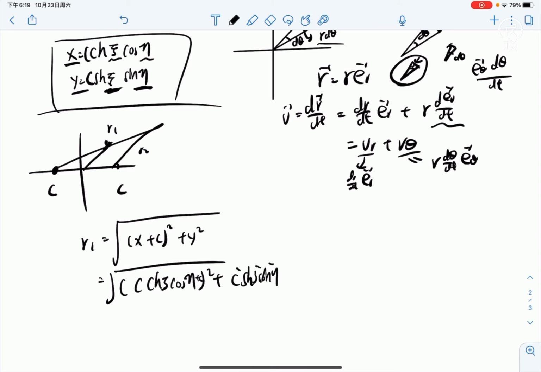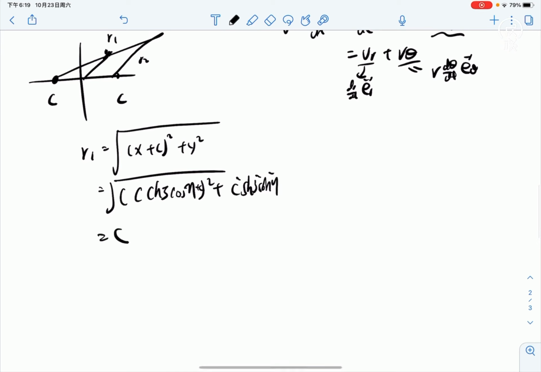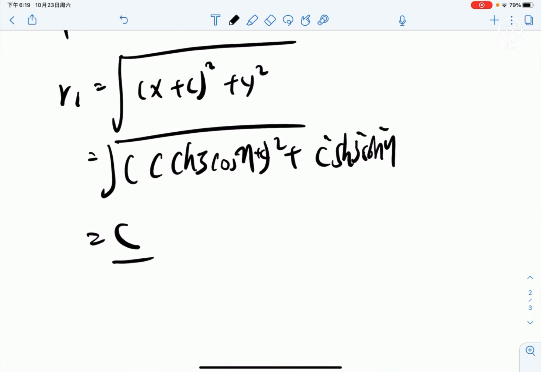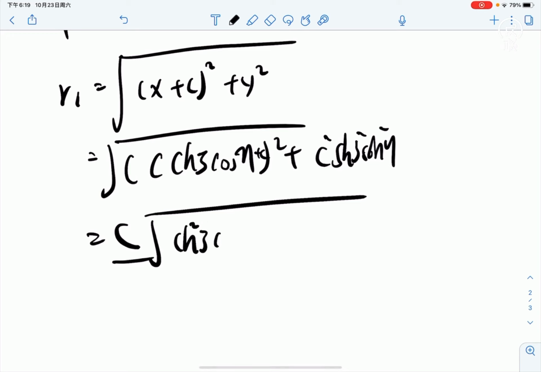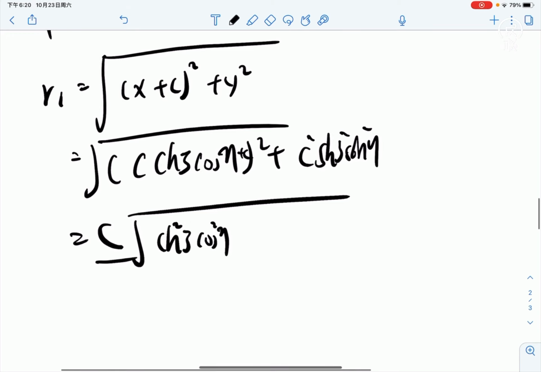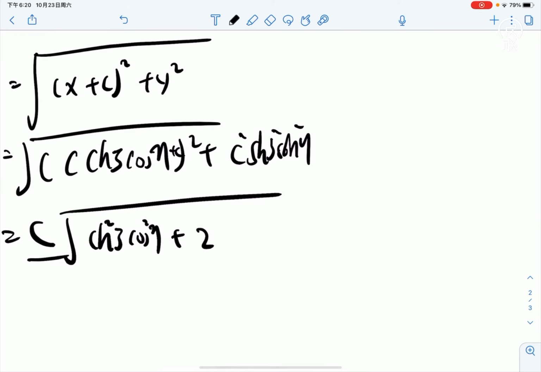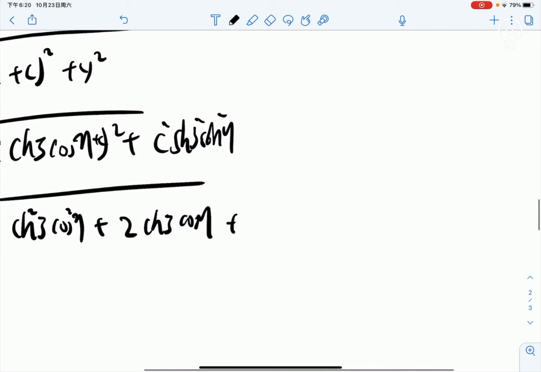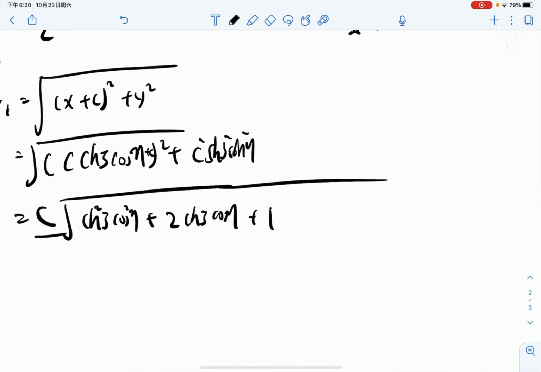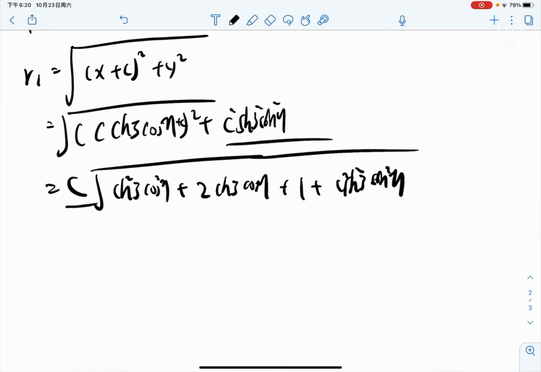And we can just put c over here. We have the term of cosh squared cos squared, and this one is just 2 cosh cos plus 1. And this term cosh sinh plus sin, and this from a property we know,